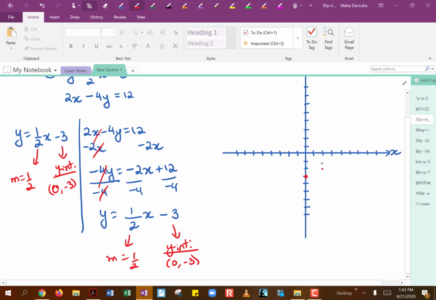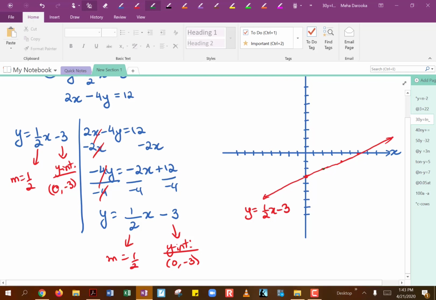Okay, there we go: up 1, right 2, up 1, right 2. So our graph will look something like this, and this is going to be for our first line, y equals 1/2 x minus 3. Now if you were to graph the second line, you would still start at (0, negative 3),